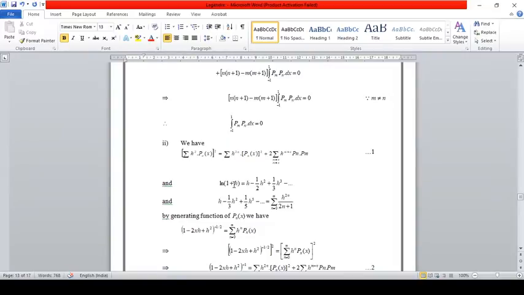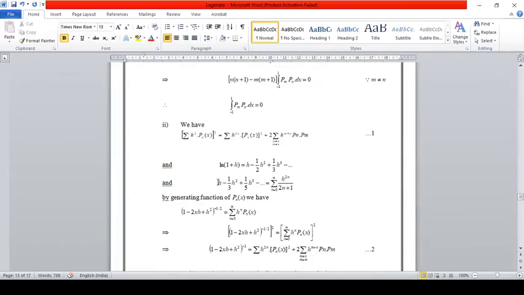And the second formula, this is the expansion formula for log(1 plus h), which is equal to h minus 1 upon 2 h square plus 1 upon 3 h raised to the power 3 minus 1 upon 4 h raised to the power 4 and so on. And this is the expansion again, h minus 1 upon 3 h cube plus 1 upon 5 h raised to the power 5 minus 1 upon 7 h raised to the power 7 up to infinity, and this is denoted by summation n is equal to 0 to infinity h raised to the power 2n upon 2n plus 1. These are the three formulas.